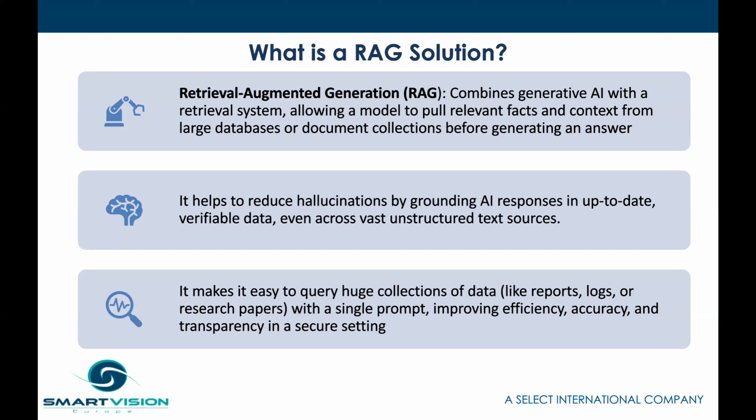You hear this term grounding a lot. That means basically using your data that you've given it rather than exposing it to the wider world of data out there, which may not be verifiable, and also exposing your own data to the wider world, which you may do, of course, if you're uploading large amounts of your own data to an open public chatbot. You might not want to do that because, of course, there are issues around security and there are issues around the accuracy of the data and the responses you might get.